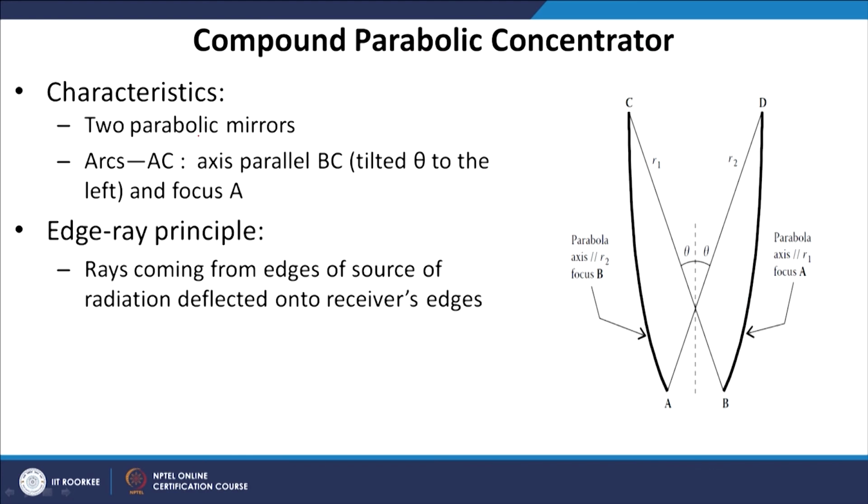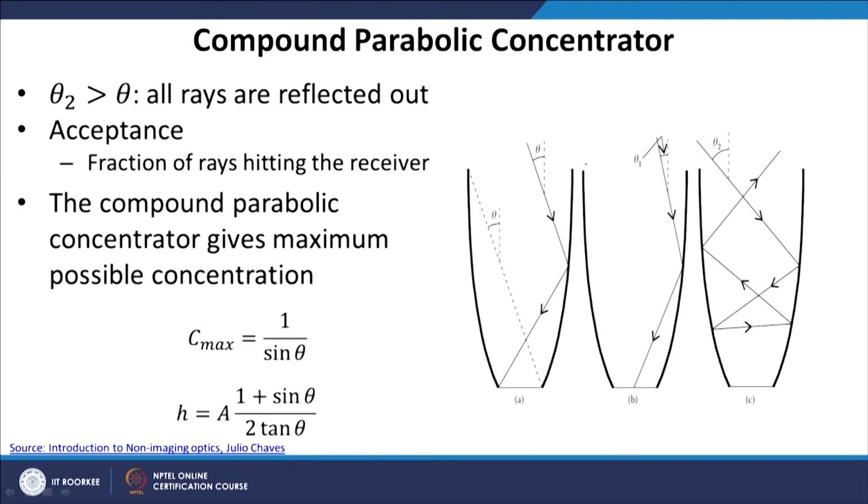Okay. So, we have 2 parabolic mirrors, and the principle of edge ray is that whatever radiation falls on this edge should focus on the opposite edge, and whatever radiation comes on that edge should focus on this edge. That is the edge ray principle, and this type of concentrator design is called a compound parabolic concentrator. All the radiation that comes at an angle theta focuses here. If theta is large, you see that radiation coming from a large theta undergoes multiple reflections, and some of the radiation will go back out of the cavity.